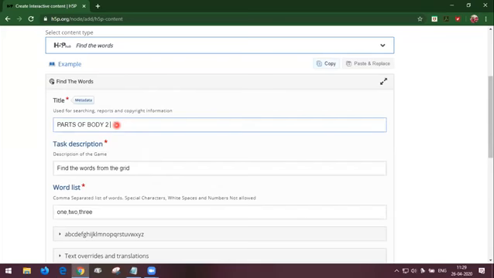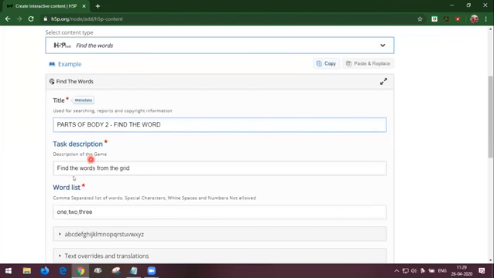So to make it easier, I am going to type the tool name followed by the title. Why I am giving this is for our future reference, in which tool we can create parts of body, the same title with different tool. So I am giving here find the word as my hint here.